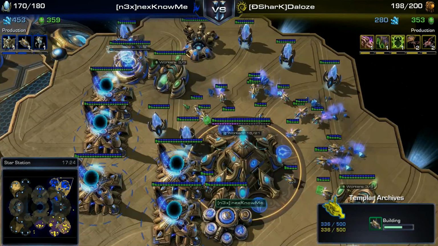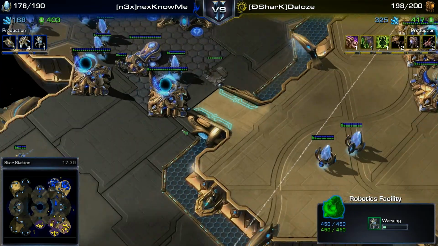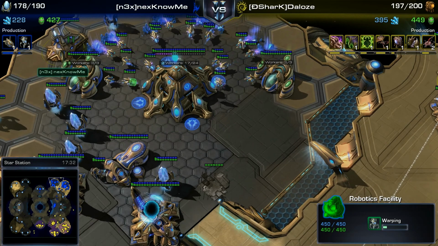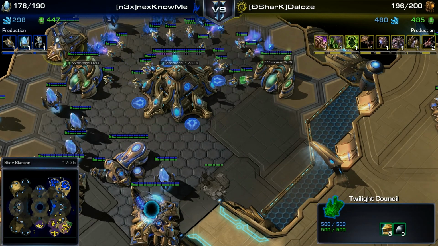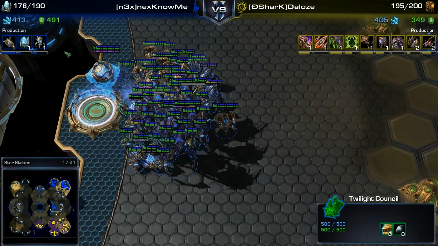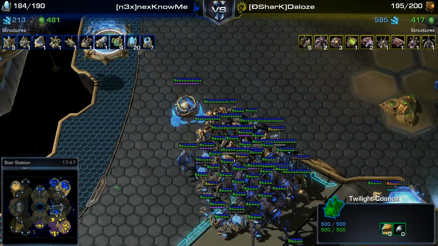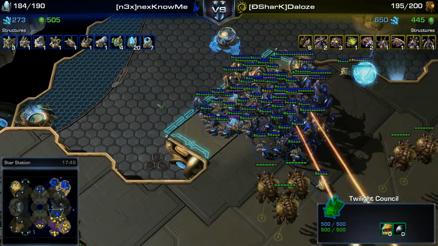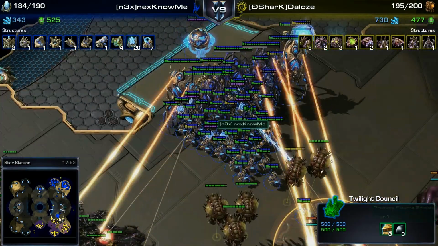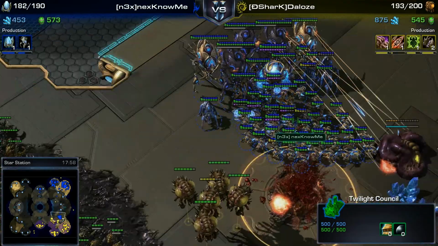He's got his Templar Archives out, so that might be High Templar. Maybe he's scouted the Swarm Hosts and he's decided on High Templar as a good counter. Maybe he just wants Archons. I can't really be sure, but I'm actually surprised that he only has 1 Robo Bay at the moment. Yeah, if it was me playing this, then I'd probably have 2 Robo Bays for producing Colossus,